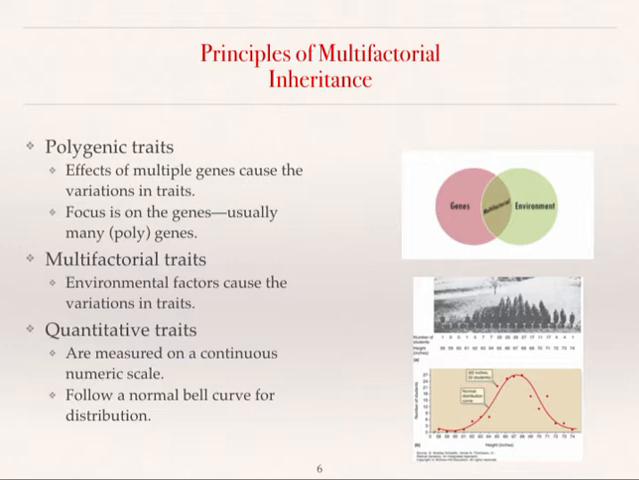Where multifactorial traits, basically environmental factors cause variations in the traits. And when we're saying traits, that just basically means presentation of the disease. So it's, once again, an interaction between environment and genetics, essentially. Quantitative traits, many of them are considered multifactorial traits. And these would be things like